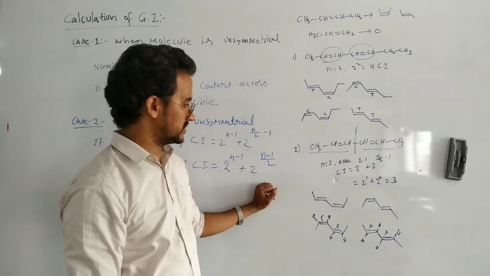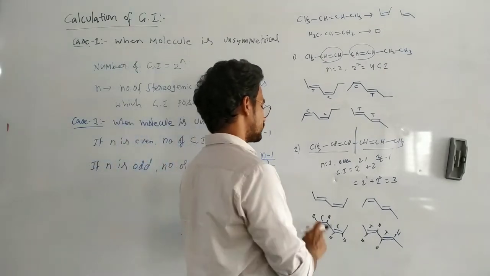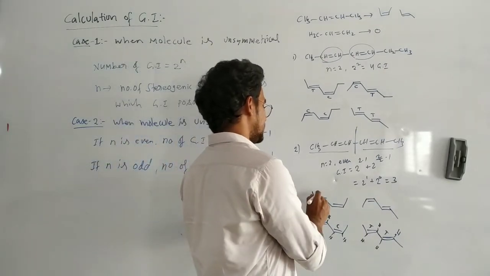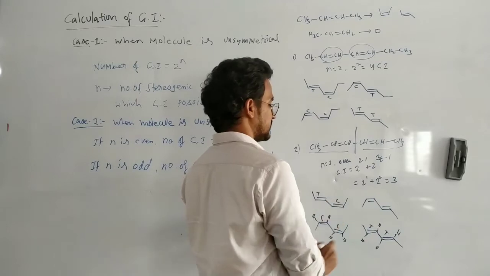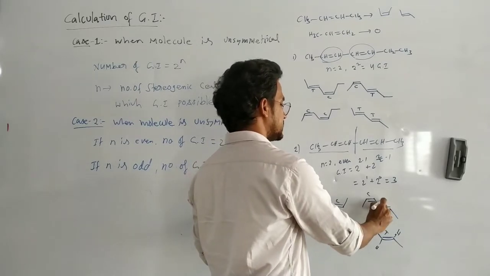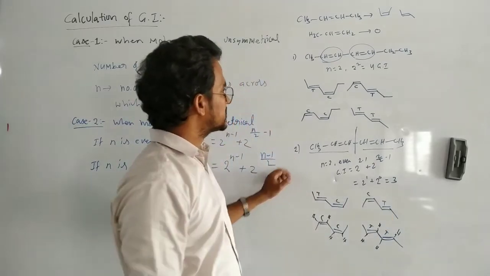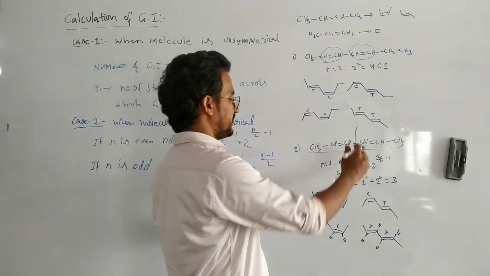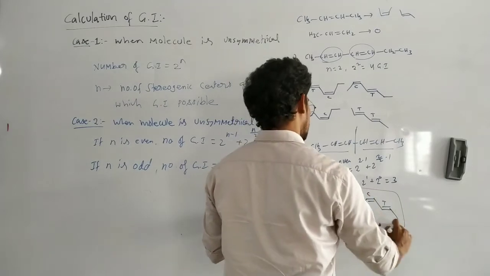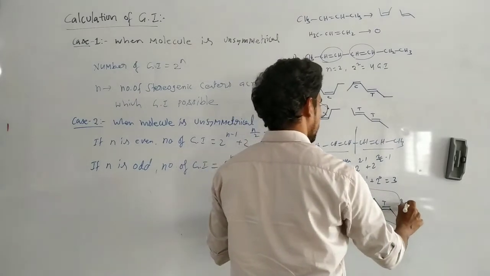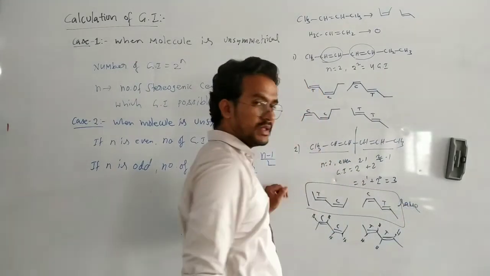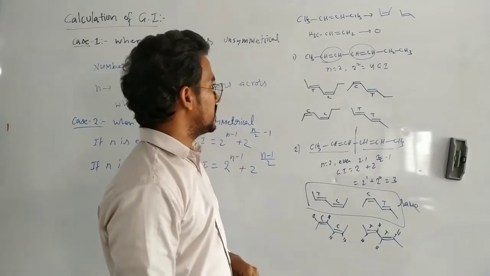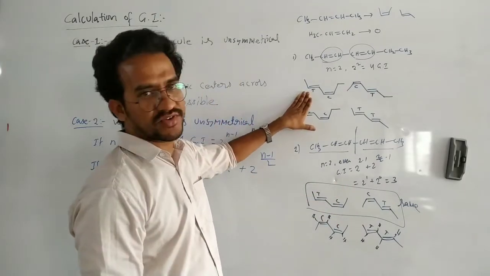Okay, that's it. Now here in this case, it is trans, it is cis. Now it is cis, it is trans. Here in this case, cis trans and trans cis are different, but in this case, these two are the same. Why are these two the same? Here in this case, why are these different?